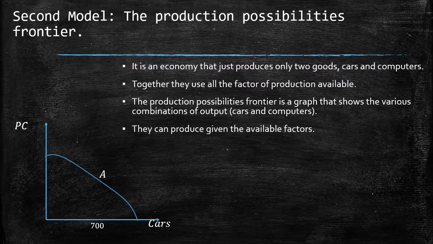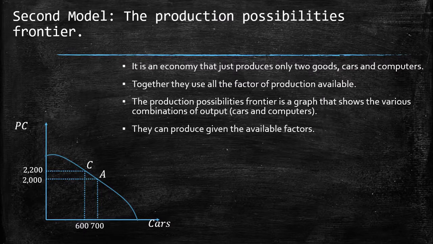So let's imagine the first point, which is going to be this. This is going to be the economy. They are going to produce 700 cars, and with 700 cars they can produce 2000 computers. This is point A. It lies on the frontier. What about the second point? The second point we label C, which is 600 cars and